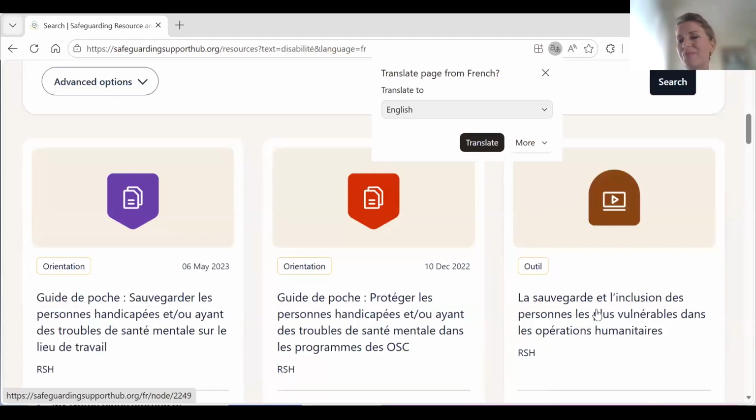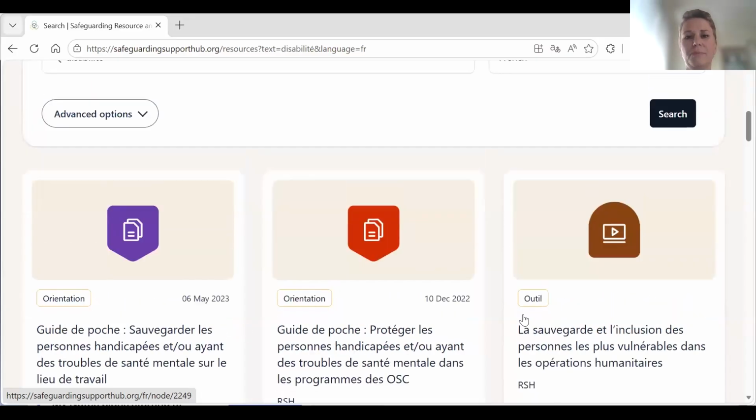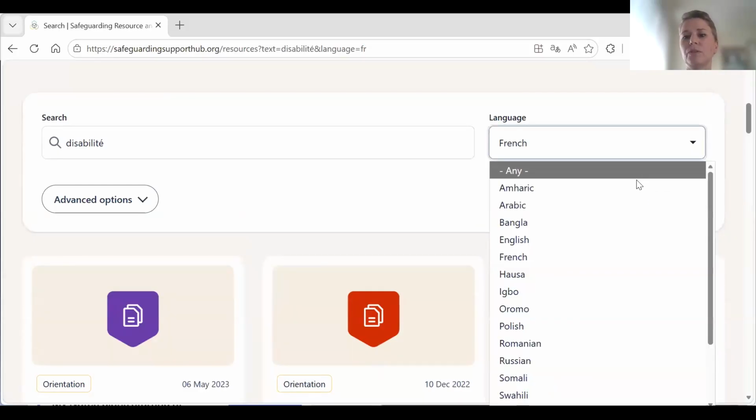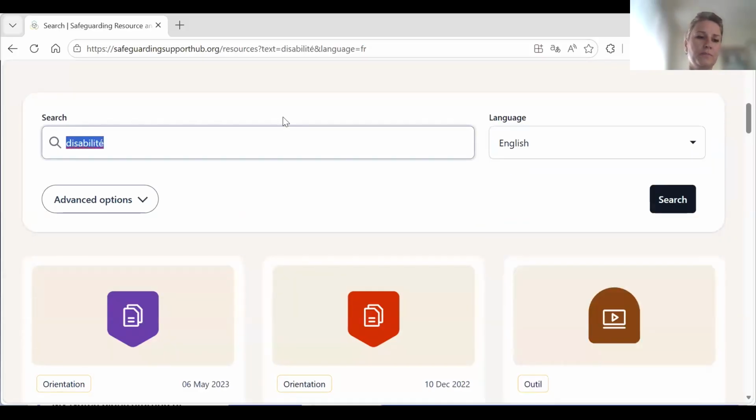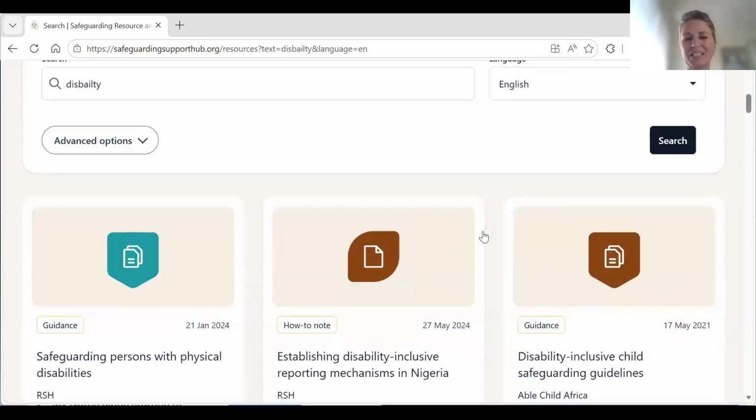You note that these documents don't even include the word disabilité in their title, but the search engine finds them for me as they are related to disability. Coming back to English, just want to demonstrate that even if I make a typo and I just say disability by mistake, the system still recognizes what I probably want and gives me the right results.